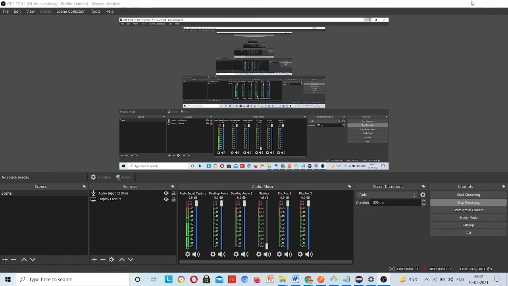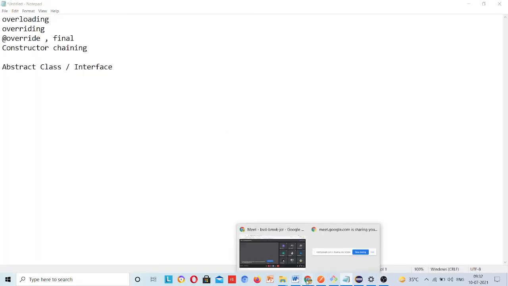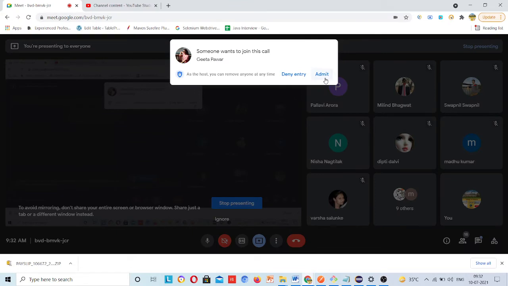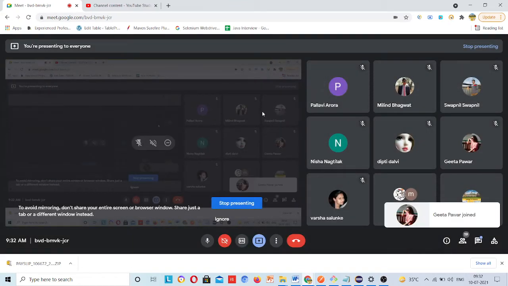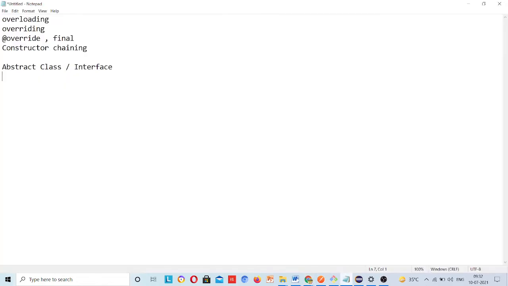Topics very carefully, okay, and you need to understand all these topics. If you miss all this, then you will not be able to understand Selenium. So can anybody tell me quickly what is overloading, what is overriding? Anybody, you can tell me quickly. First, start with overloading. Can anybody tell?